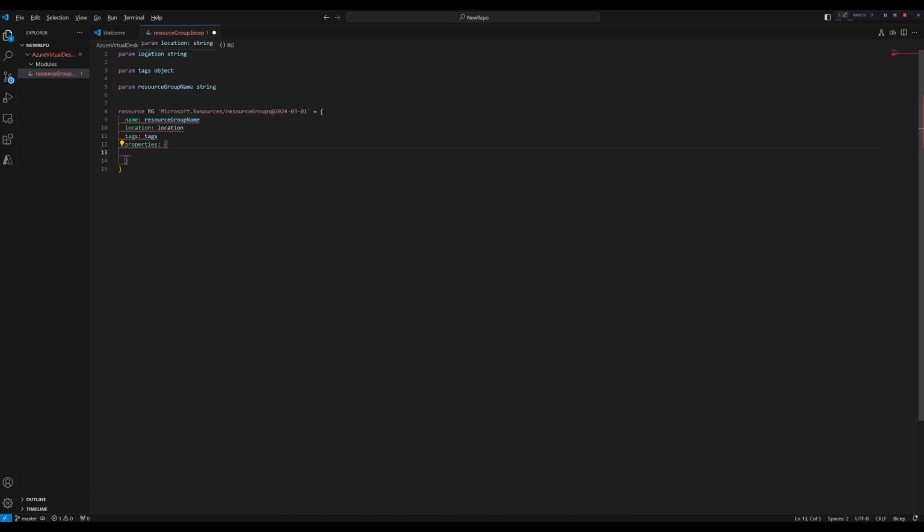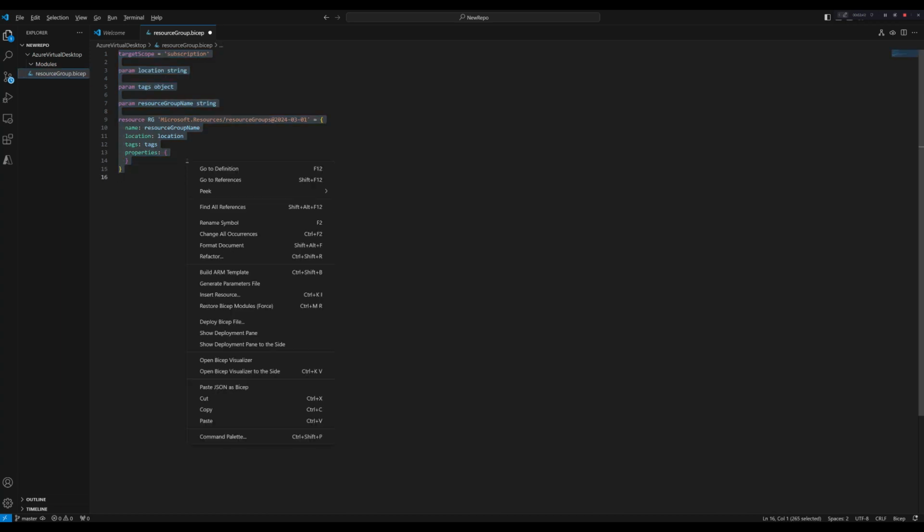So we also have to give it, the resource group is a little tricky because it's a resource group itself, so you have to tell it that it is a subscription scoped resource. Let's delete these line breaks and then format,